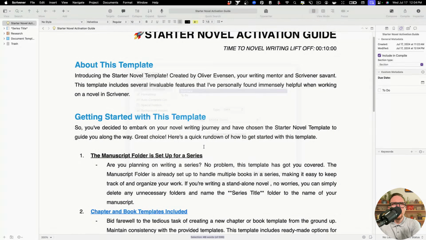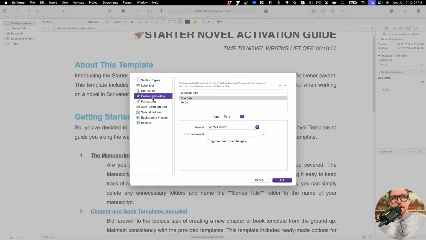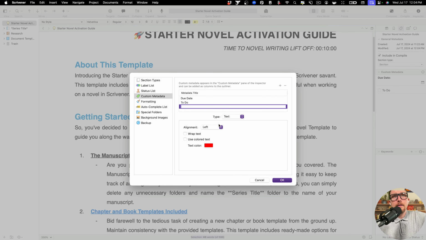Now it's worth noting too, I can also go to project settings, custom metadata to do the same thing. So it's just a matter of what is the easiest way to get there for you. And of course, this is where we will add in different metadatas, text,